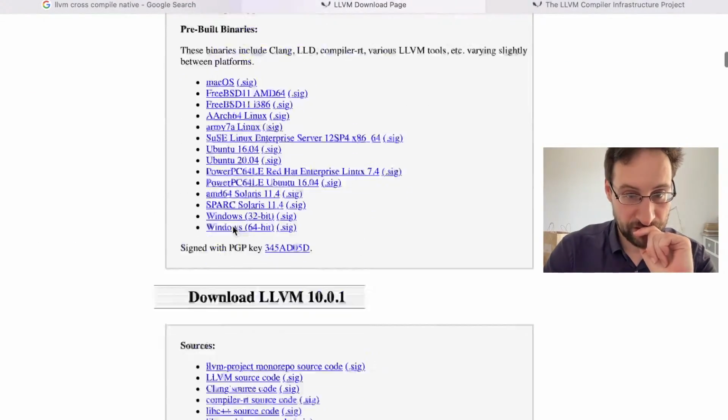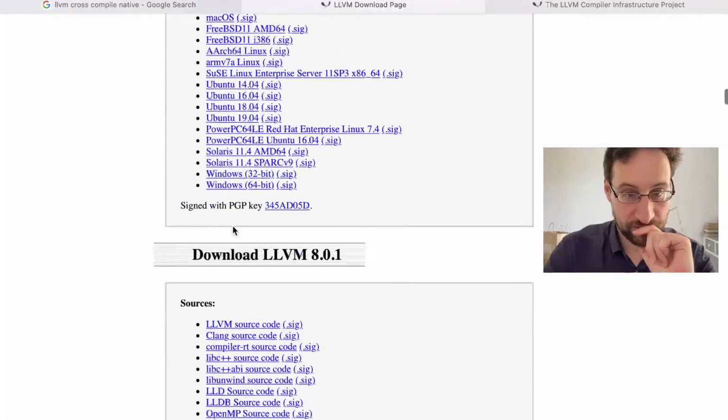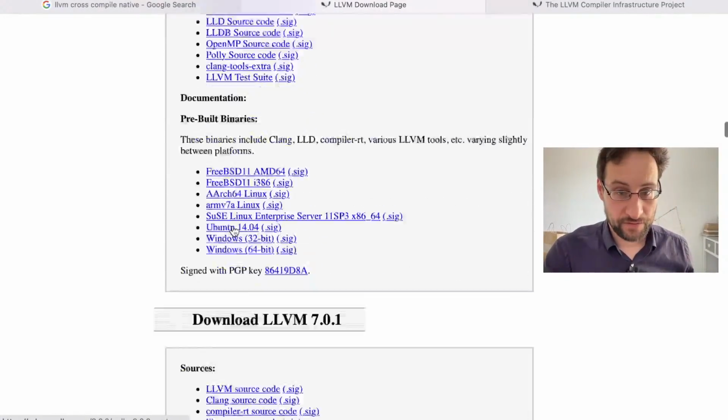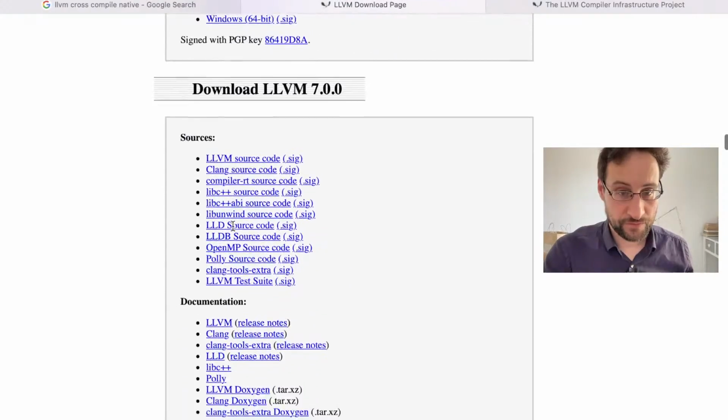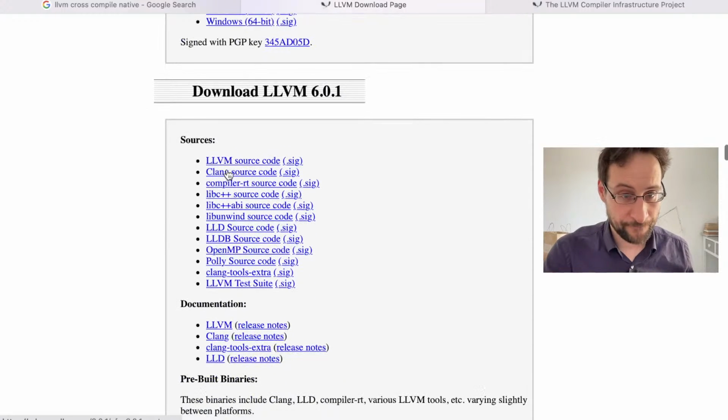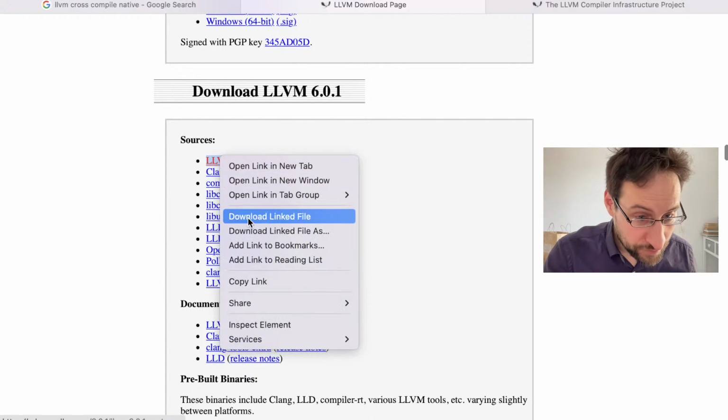December, maybe if you're lucky. Do they keep all the old stuff here? This was 7, 8, 7. Probably, I would think 6. Do they have documentation? LLVM source probably should be this one.